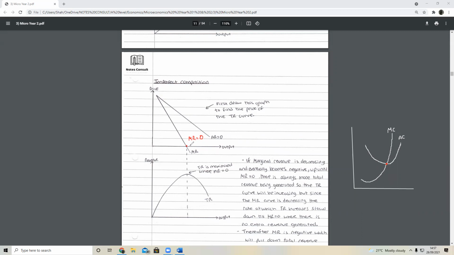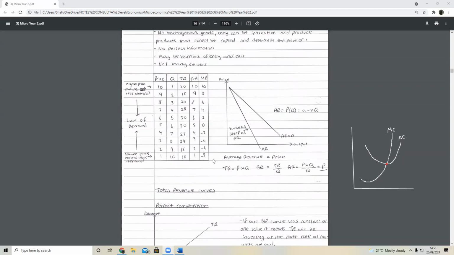If I decide to produce more output beyond this point, if I go more toward the right, then I'm coming up on the negative part of the marginal revenue curve, aren't I? But I don't want to be here because I'm losing revenue. I want to be on MR equal to 0 if I want to maximize my revenue. I want to be on this dot right here. And if we look at the total revenue curve, that is the highest point on the total revenue curve. This also represents where MR equals 0. So this is basically just showing the same thing, and you can see this on the diagram anyway.